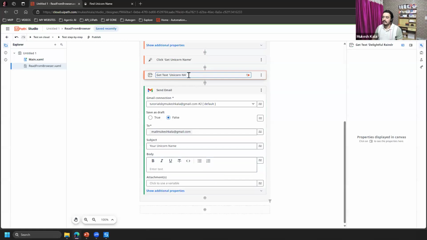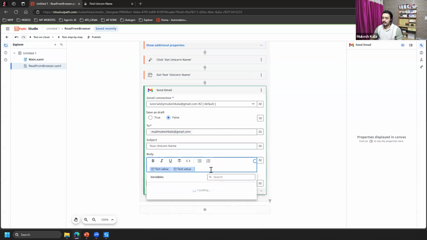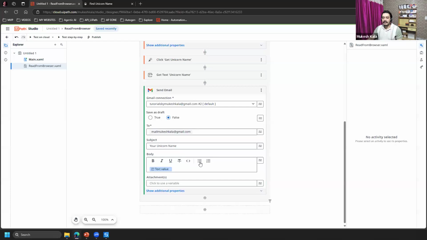Best practice, so that we are able to understand what it is doing. You can change this like this, and it will reflect here. Now in the body, from the get text unicorn name, I want to print the text values. So I can just go here and say text value, and it is able to print that.